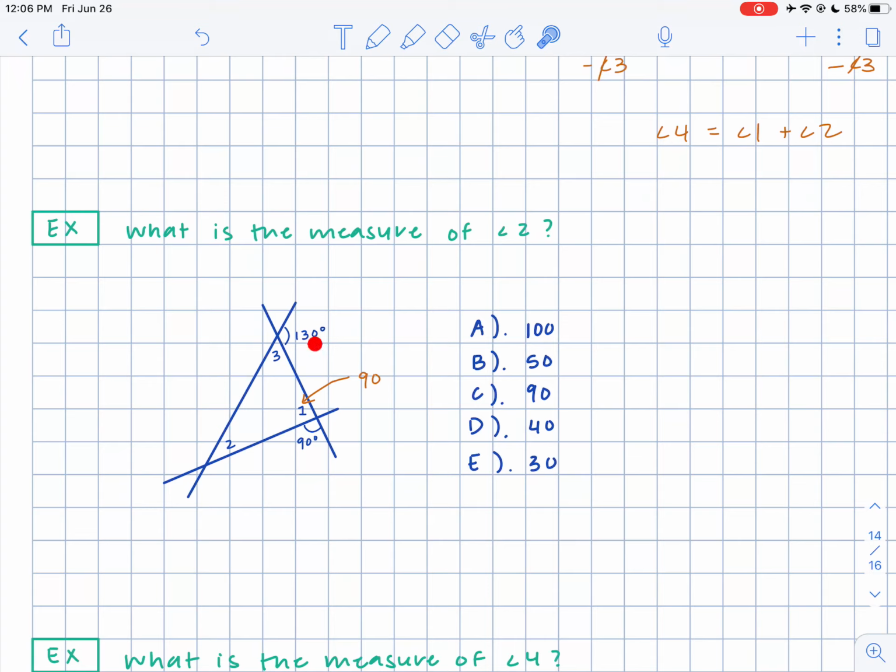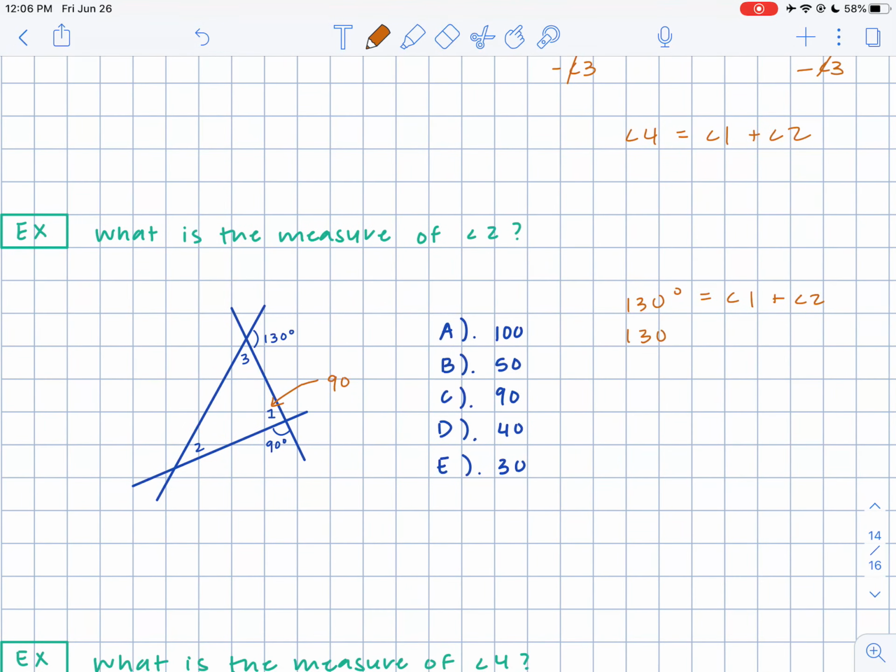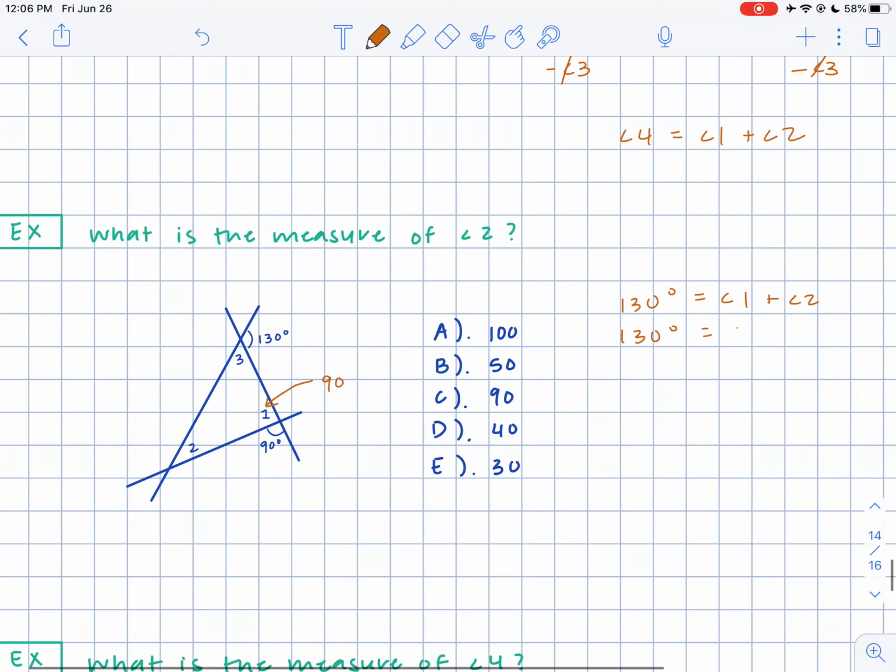And what did we also know? The exterior angle is equal to the sum of these two. So we know that 130 equals the sum of angle 1 plus angle 2. Well, we already solved for angle 1, 90 degrees. And now we can just simply solve for angle 2, okay? So that should give us